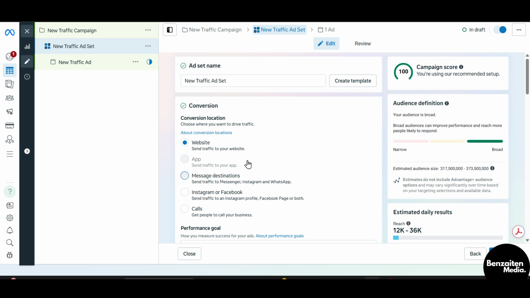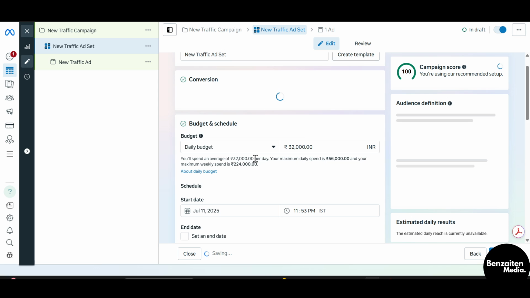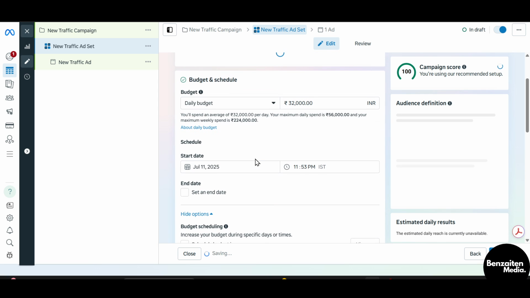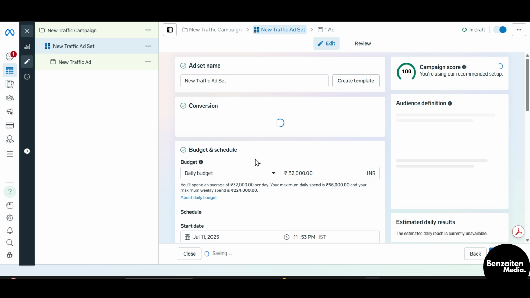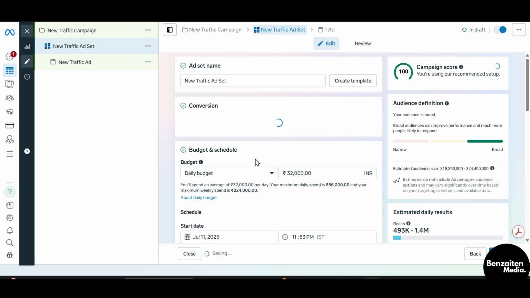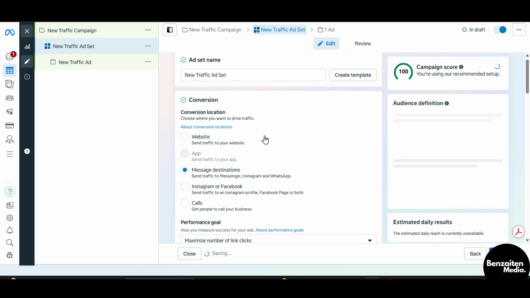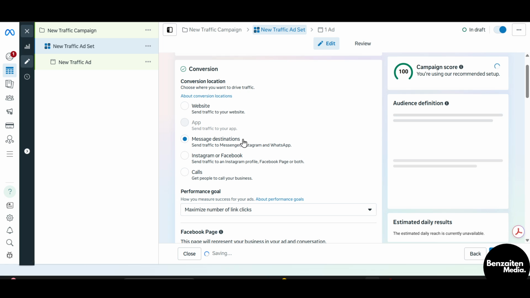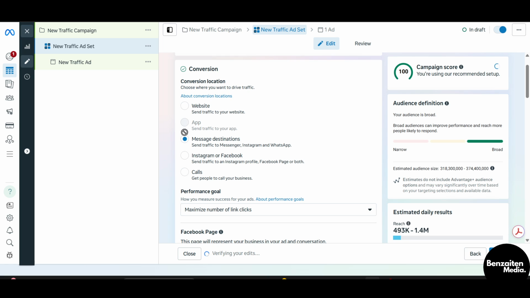From here, you need to choose Message Destinations, and after that a page or a pop-up will load. From there you will see multiple social media applications that you can integrate in your Facebook ads or Meta Business Suite. If you have added your WhatsApp profile in the normal Facebook, you will see it in these options. So select WhatsApp